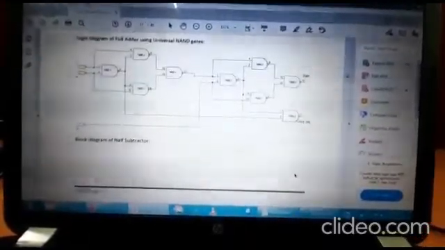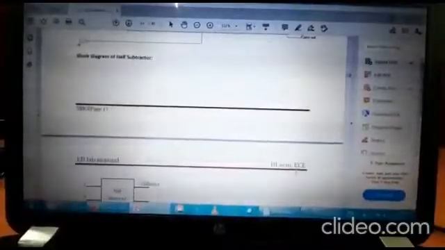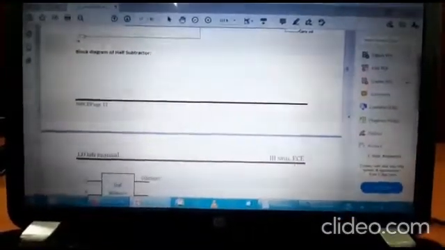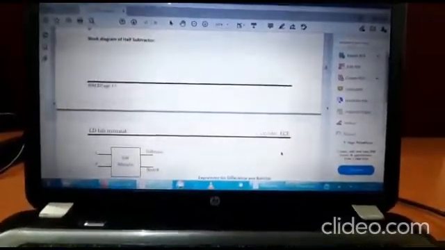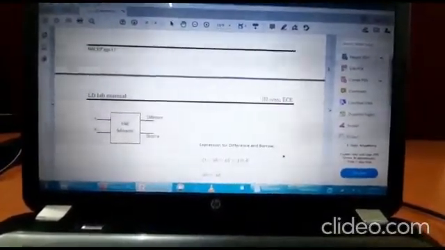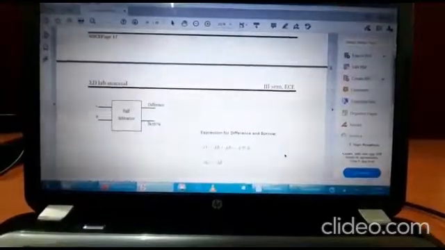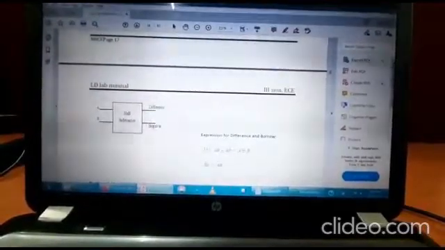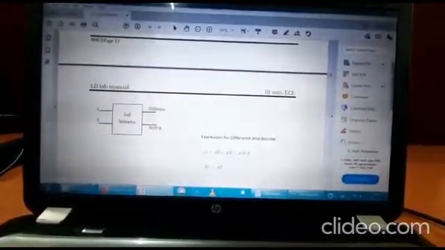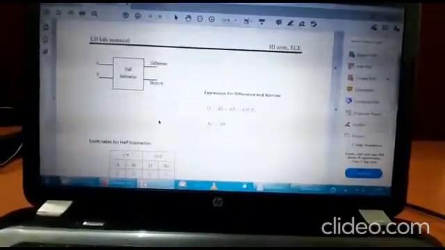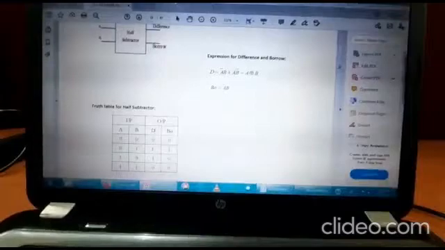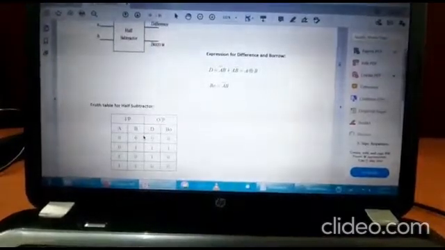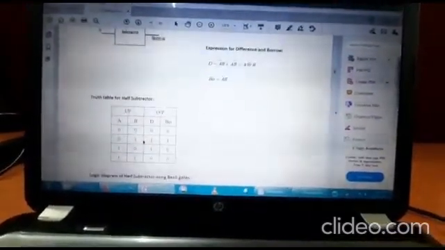In a similar fashion, we also have the implementation for half subtractor and full subtractor. Here we call the output signals difference and borrow, as compared to sum and carry. Similar to the working of the half adder, the half subtractor takes two inputs A and B, and computes the difference and borrow.